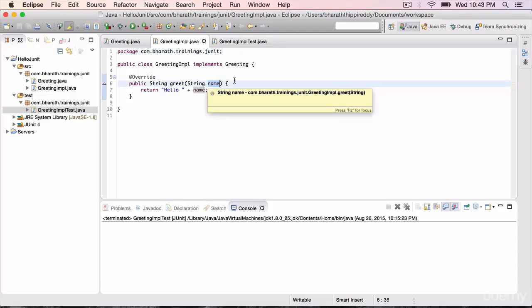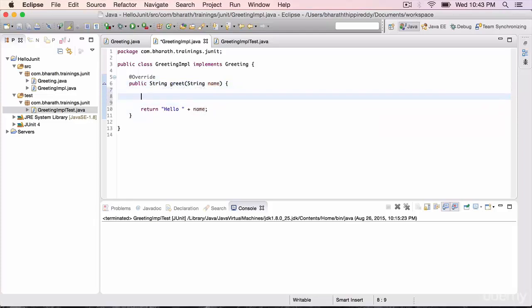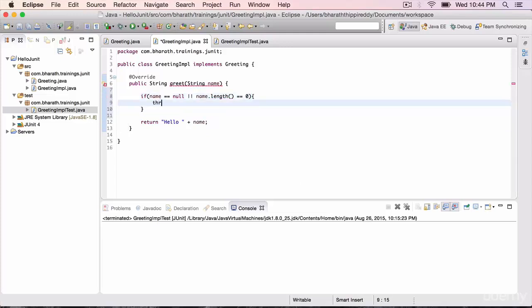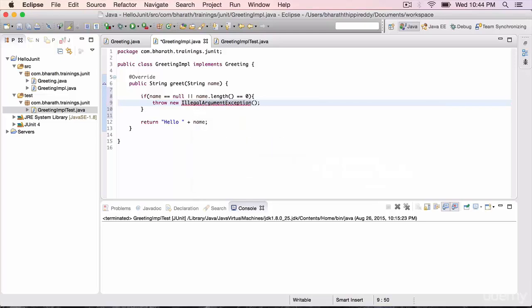So in here, start writing your if conditional statement. If name is equal to null or name dot length is equal to 0, then we will throw a new illegal argument exception.